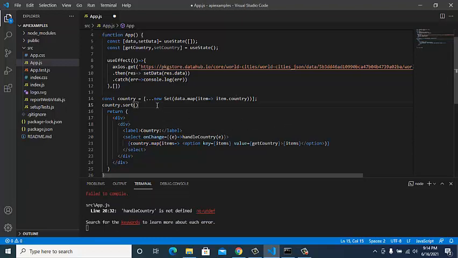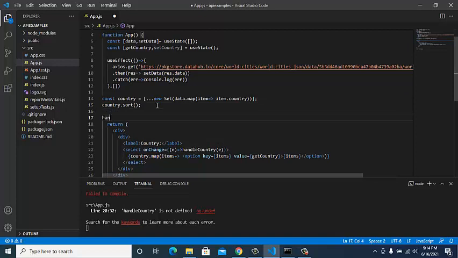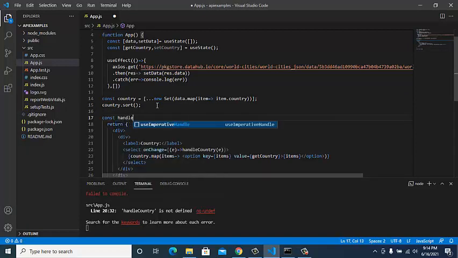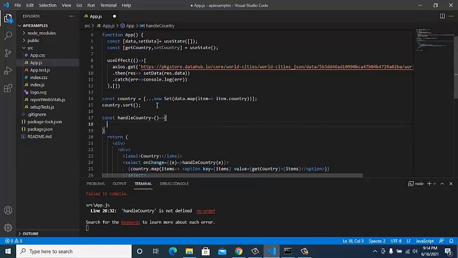We'll make this function over here. Inside this handle country, I'll pass the region that I'm getting from there. With this, we can filter out the data that we need for states.